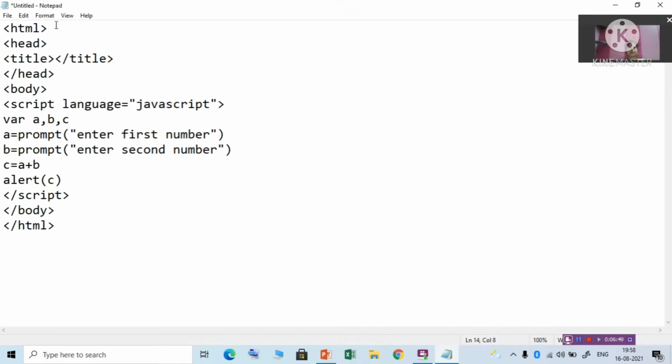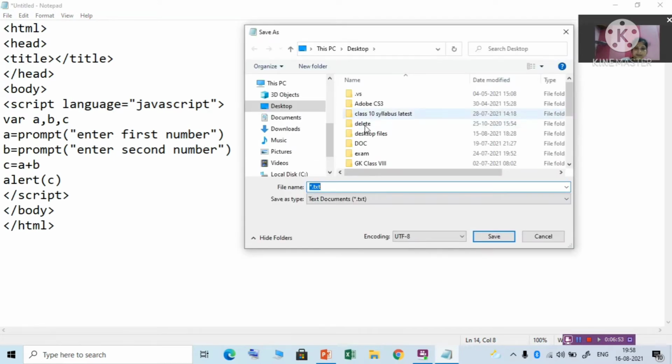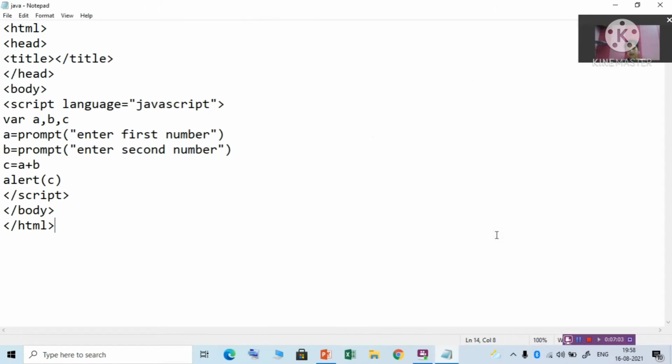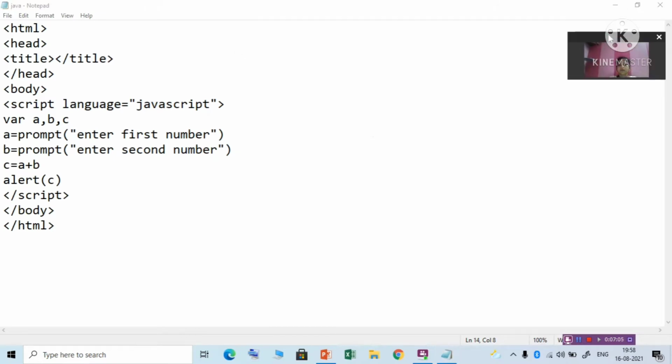Okay. Let us see what is happening. Any name you can give with the extension HTML.